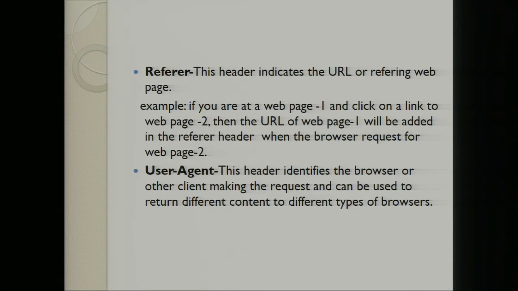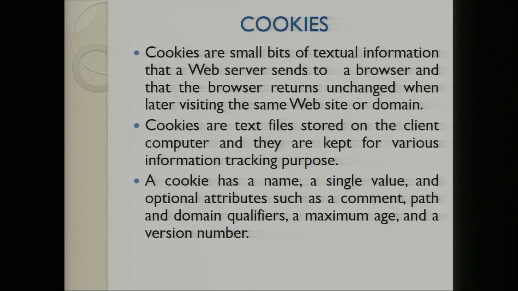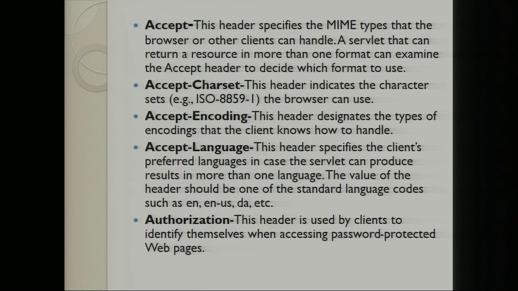So we have gone through the different request header files. One is Accept. In this Accept, it specifies the MIME types that the browser or other clients can handle. It checks and verifies which is feasible for that particular format, then it accepts that. Accept-Charset: which standard character set you are using, that it returns. Encoding: if any compression is to be made and it is acceptable, then it returns that header value. Language: which language the user prefers.